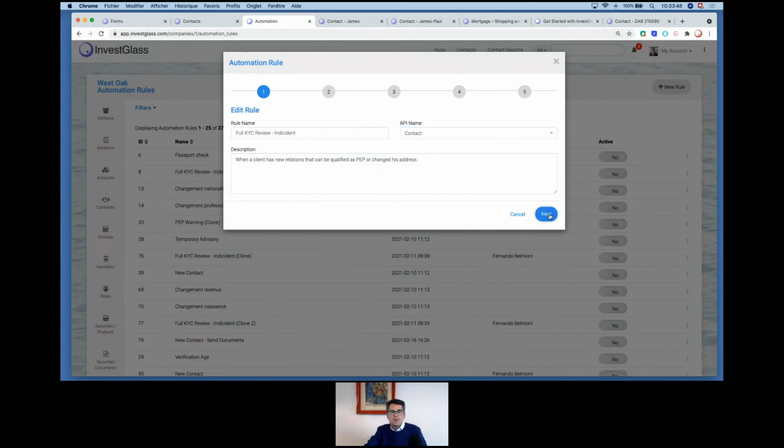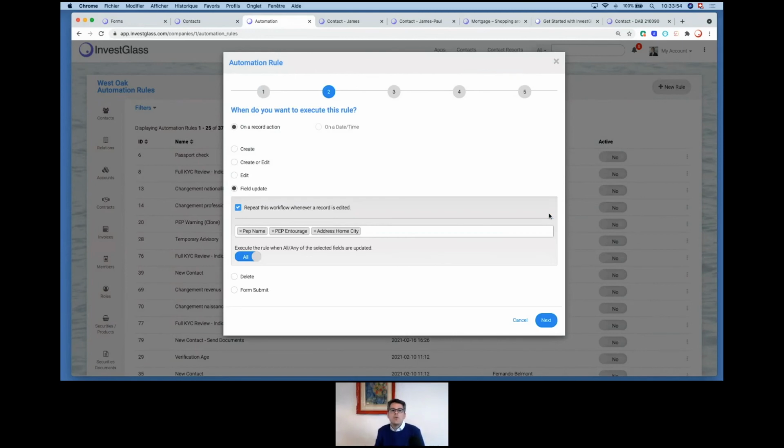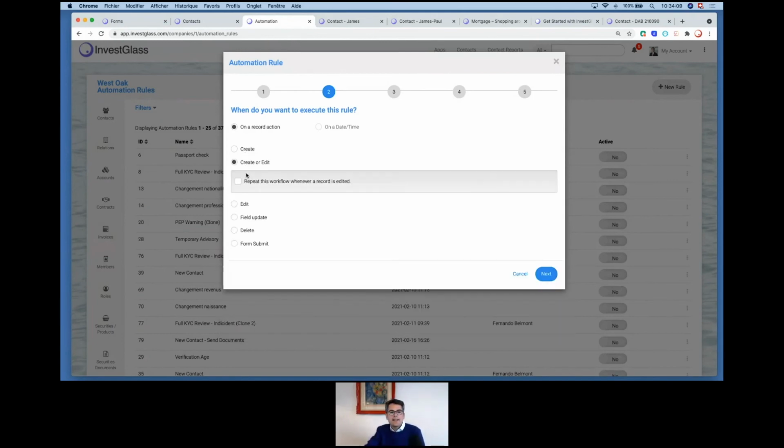Then once you have selected which field you want to automate or which field you want to look into, you will have what we call a rule-based engine. The rule-based engine will look into the data based on different rules. You have first two options. First is on record creation. So when I create a new record, and then here I can select create on edit,